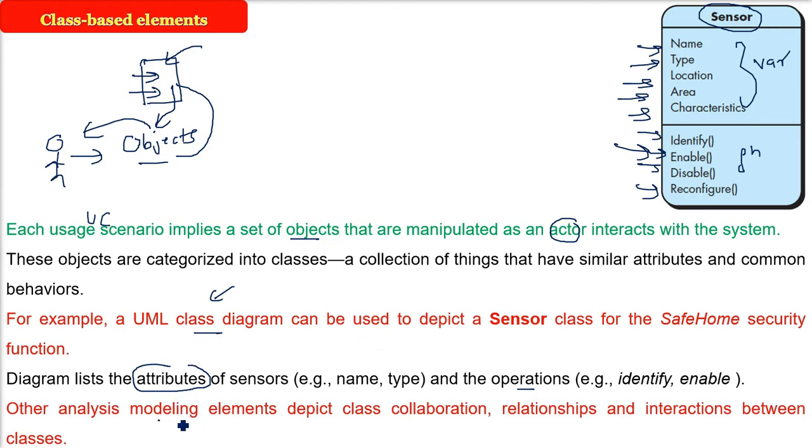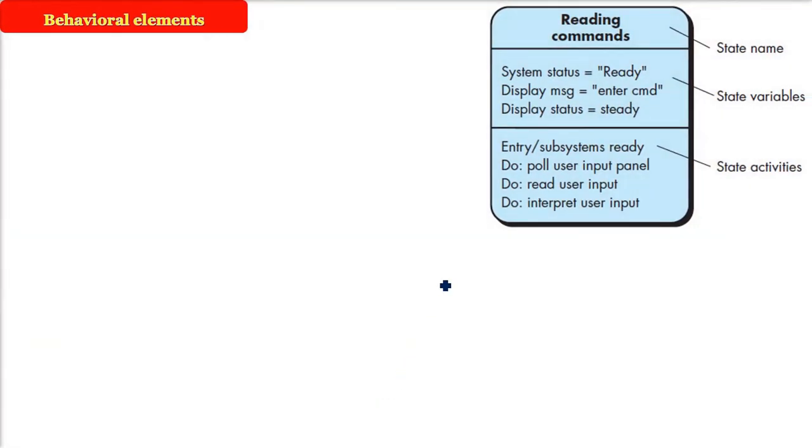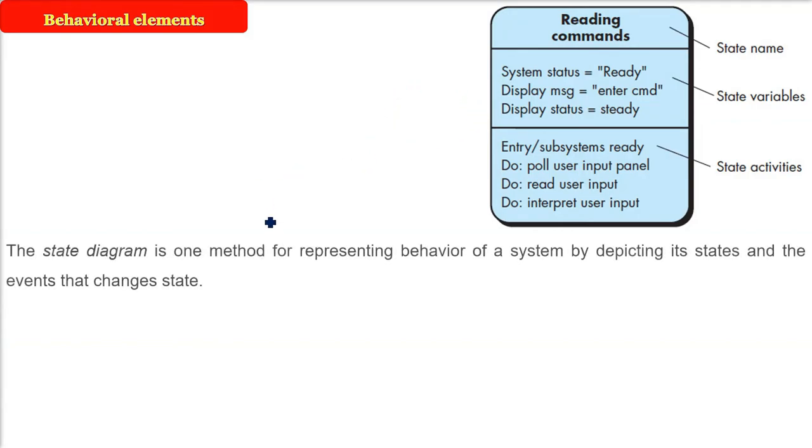Other analysis modeling elements: here the classes, how they collaborate, how the classes are going to have relationships. Are you going to inherit certain classes? What are the interactions between the classes? This also comes under analysis modeling. So this analysis modeling consists of everything from the use case development till here, and again going up to the behavioral elements. Every element has a behavior because it is going to change. The state is going to change. Whenever an actor acts on the system, it is interacting with the objects, and objects will be interacting with the variables and the functions, that is, the attributes and the operations.